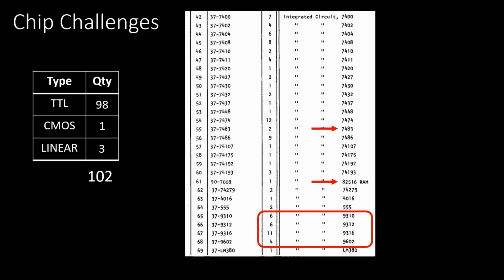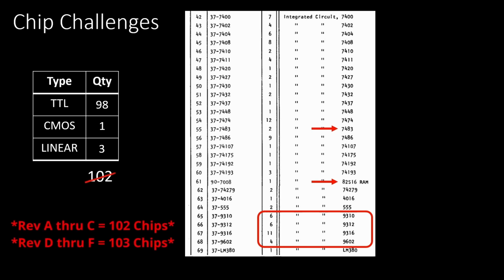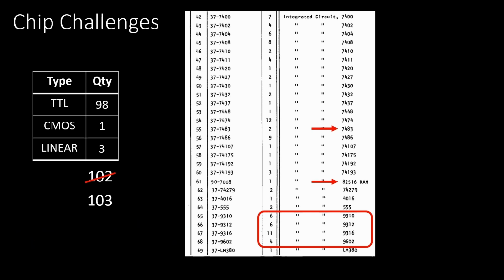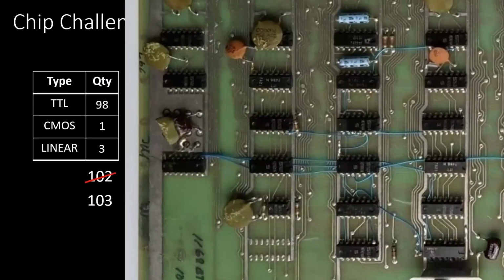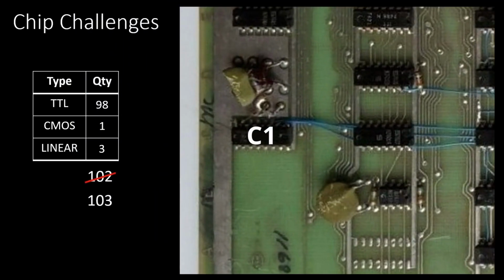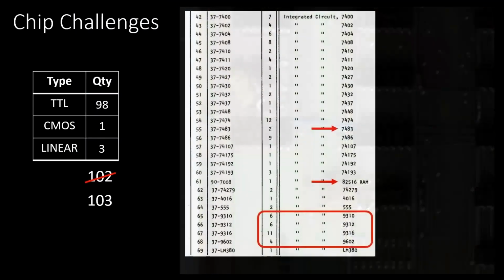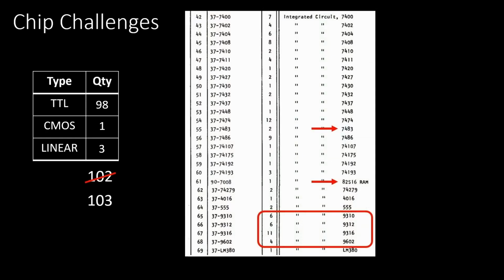That's 102. But if you look at an actual board, there's 103. So going over the F schematics, I noticed there are no Charlie 1 gates on the drawings, but there's clearly a chip in Charlie 1 on the board. There are also more resistors, capacitors, and diodes on the board than on the schematic. So I think our next task will be to compare the Rev F board and schematic and update the schematic properly. And naturally, we're going to believe the board because they work.